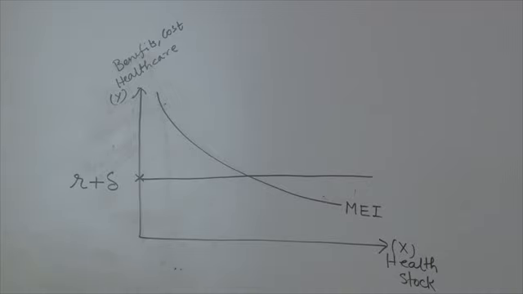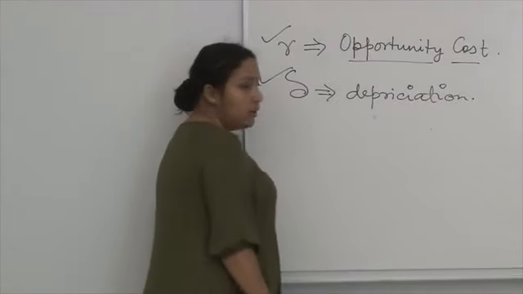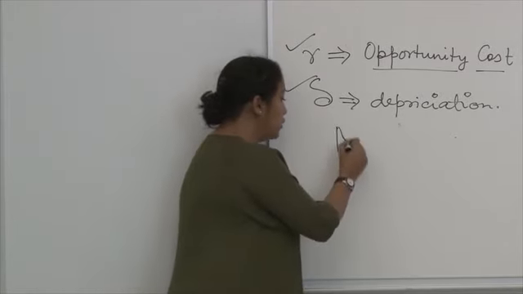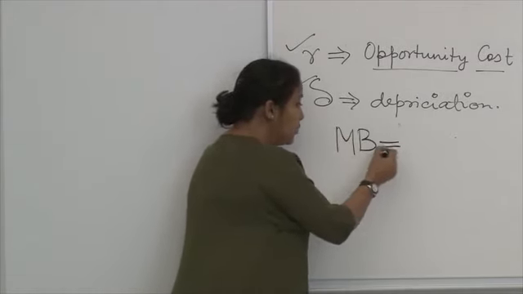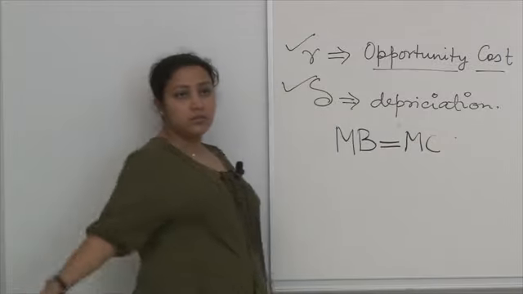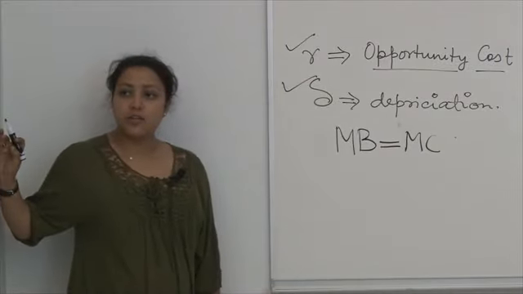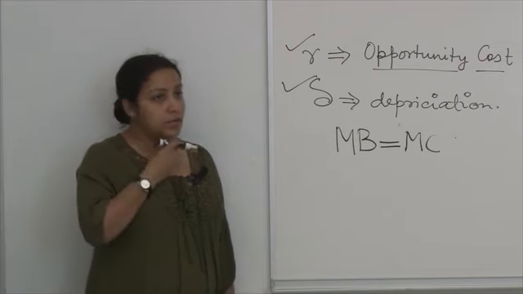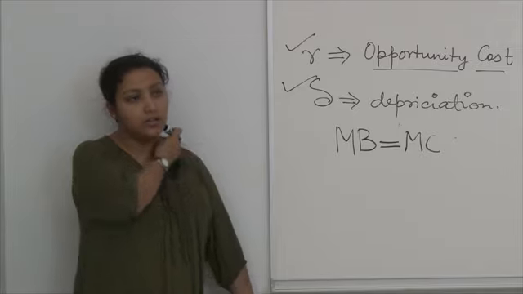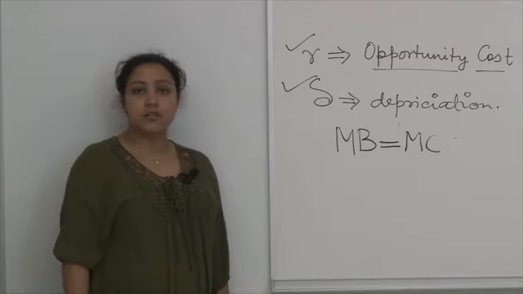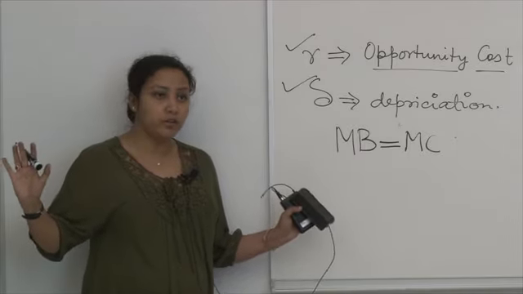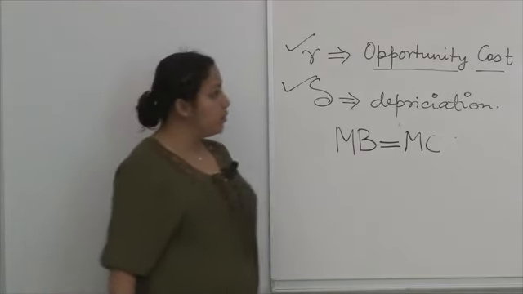Now you know from your lecture note 1, day 1 or day 2, I don't remember, what is the optimality condition for any decision making? The optimality condition for any decision making, marginal benefit is equal to marginal cost, isn't it? That is the critical point for any decision making. If MB is greater, you end up taking the decision. If MC is greater, you do not take the decision. As long as the two are equal, you are at an optimal point, at a happy point in your decision, right? Where is that point?